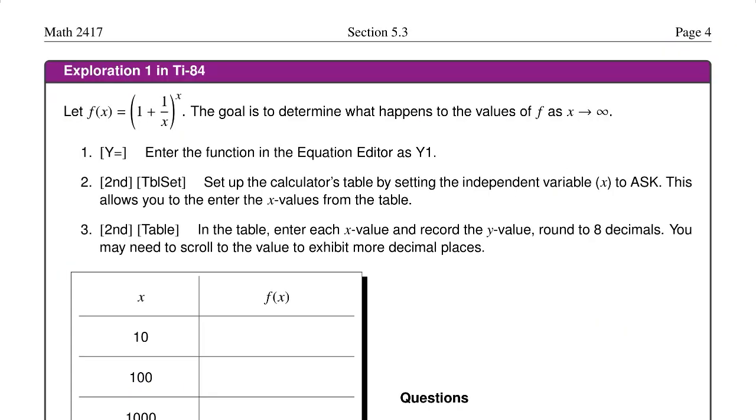Next, we have an exploration for you to perform in your TI-84. So go ahead and take out your TI-84. Enter this function, 1 plus 1 over x raised to the x power. And the goal is to determine what happens to this function as the x goes to infinity. So let's go ahead and think about this for a second. Because we have an x in the exponent, and we're going to see what happens as the x values get larger and larger and larger, you might think that the value of the function just explodes and just goes to infinity. But on the other hand,